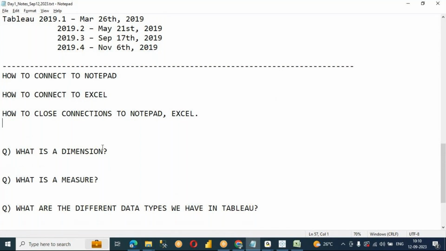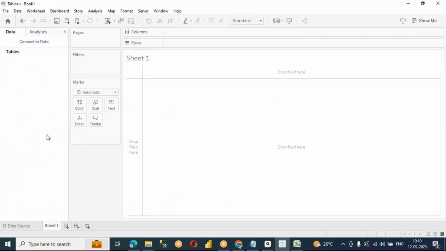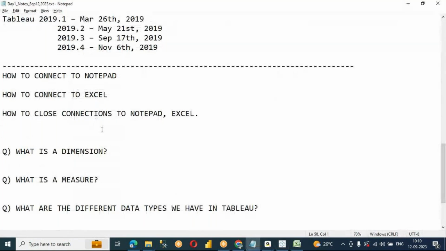So tomorrow we will start analyzing the data which you connect, and we will look at the dimensions, the measures, and what colors it gives, what is the meaning of that color, what are discrete values, what are continuous values, and also we'll try to understand the types of connections we have, and we will start building